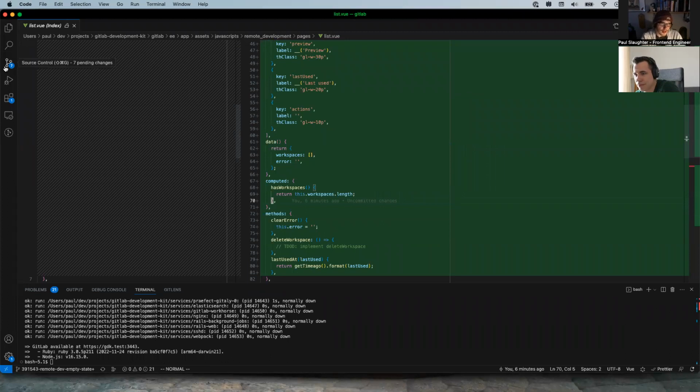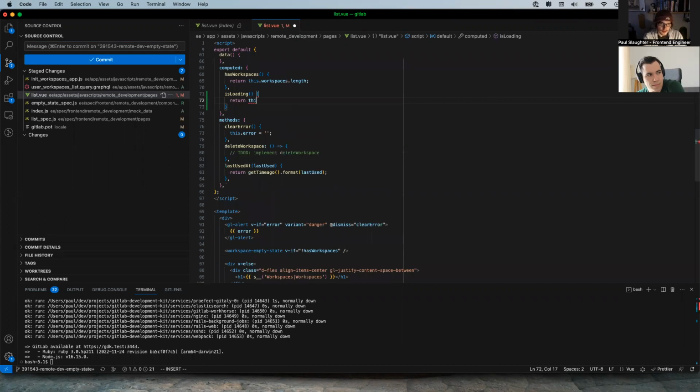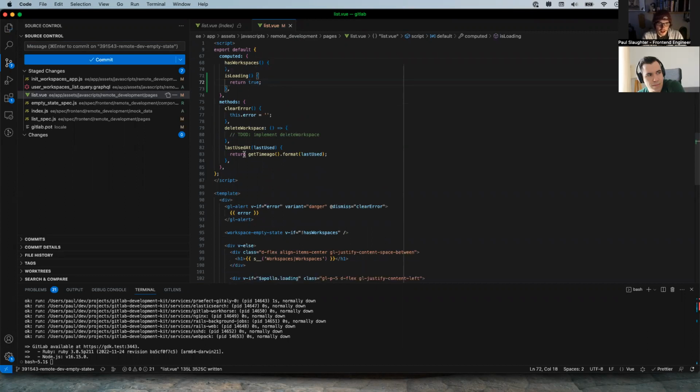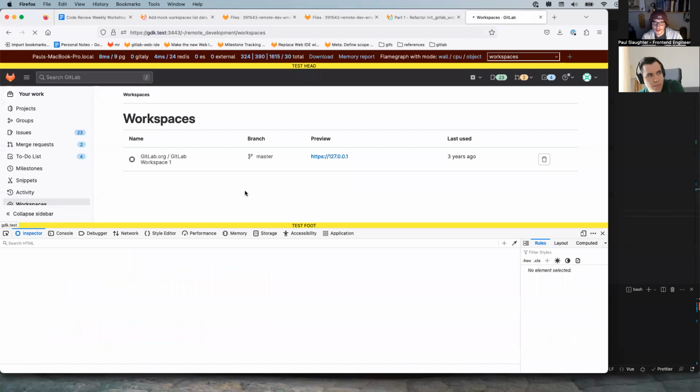I'm gonna just open up this file now. All right. That's not how code works. Okay. So let me replace the apollo.loading thing with isLoading and see what happens. Nothing's loading.